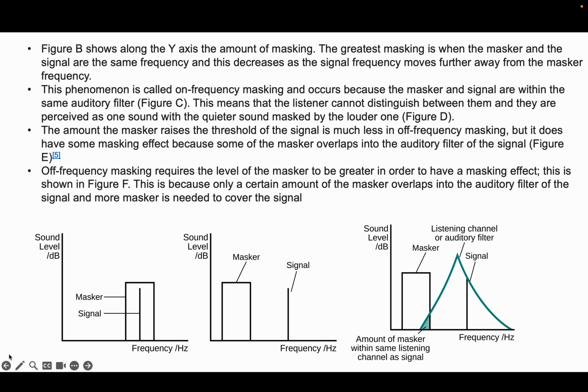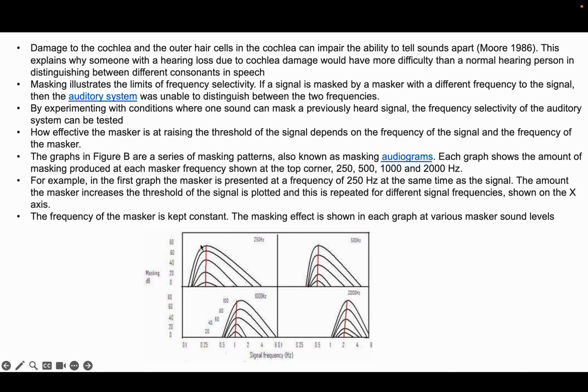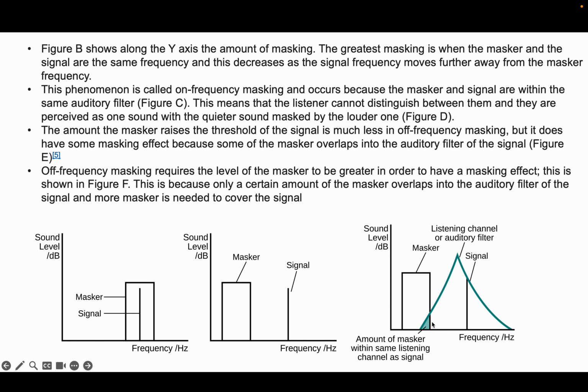Now go back and remember that our masking effect is asymmetric and has more of an effect on the higher frequencies. So all of this is telling us if your masker is centered at a frequency that is lower than the signal, even if it is at another auditory band, the impact overlaps in the band containing the signal, and you will still get some masking effect, but this masker will have to be louder. So if you want to cover up all those high frequency noises, you have to have a louder masker.